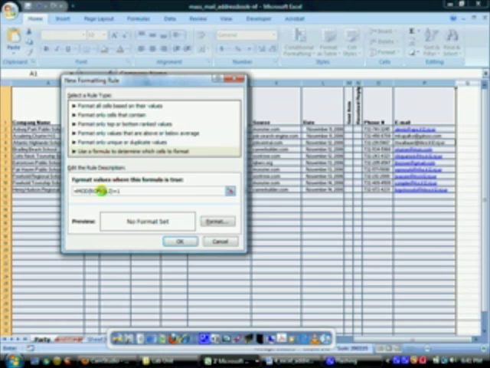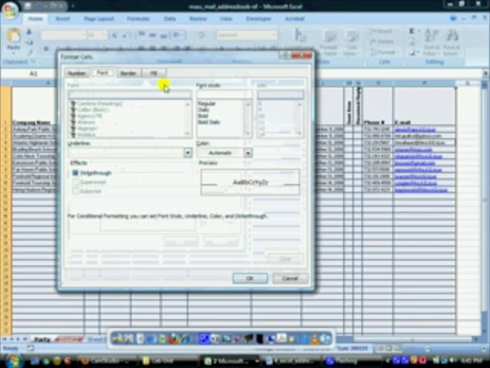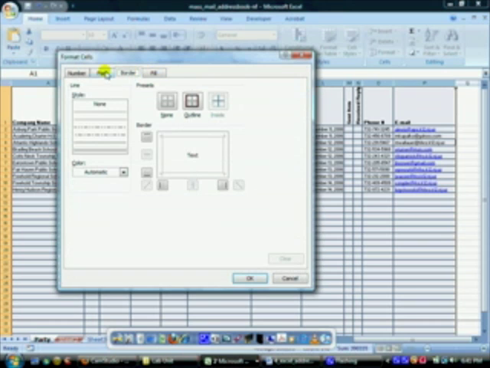I'm going to paste it in, then I'll read you the formula. It says equals capital M-O-D, all capital letters, open parentheses, capital R-O-W, and then open parentheses, closed parentheses. That's not a zero. That's an open and then a closed parentheses, side by side. Comma 2, close parentheses equals 1. Say OK. Well, excuse me, before you say OK, click Format,